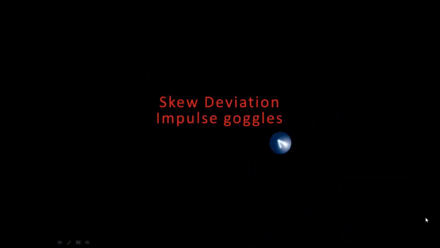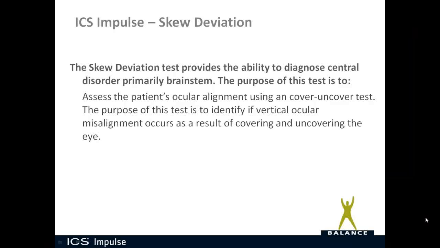Today we're going to be talking about skew deviation. The skew deviation test provides the ability to diagnose central disorders primarily in the brainstem. The purpose of the test is to assess the patient's ocular alignment using a cover-uncover test. The purpose of this test is to identify if vertical ocular misalignment occurs as the result of covering and uncovering